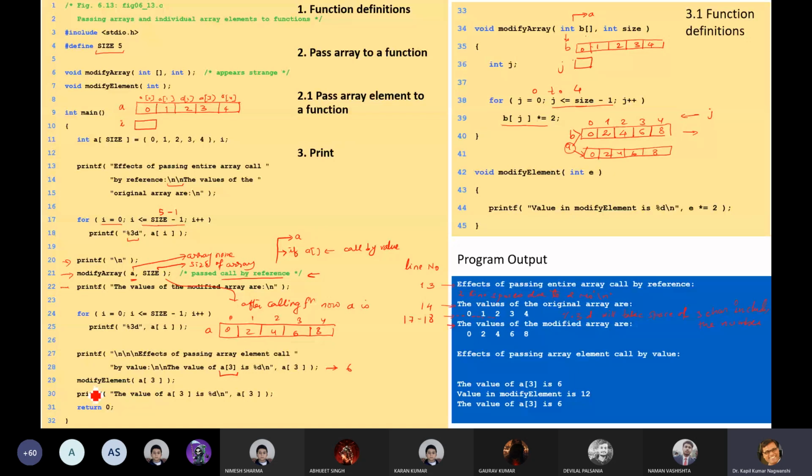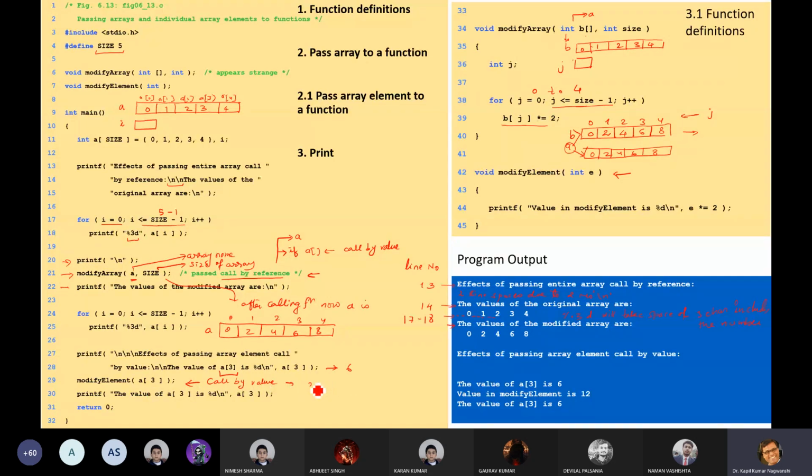Now our function is modify element. This is another function, modify element. Okay, what kind of function is this? This is call by value, because we are giving a value. What value are we giving?